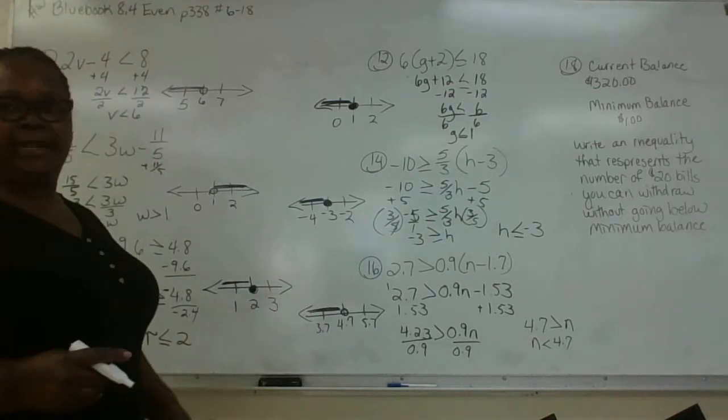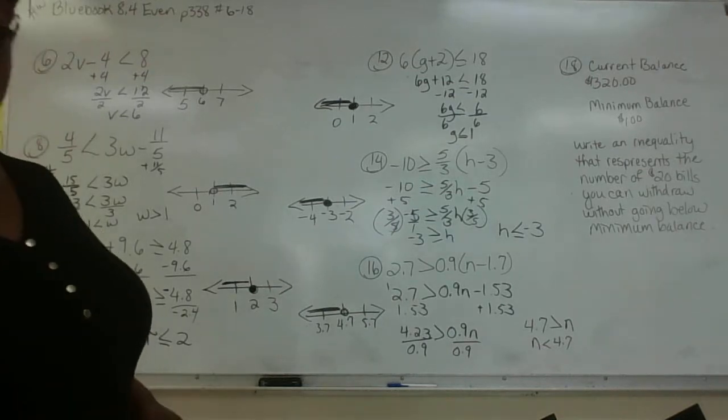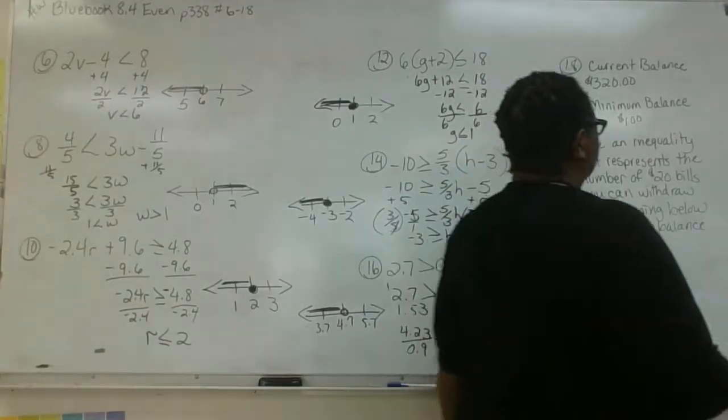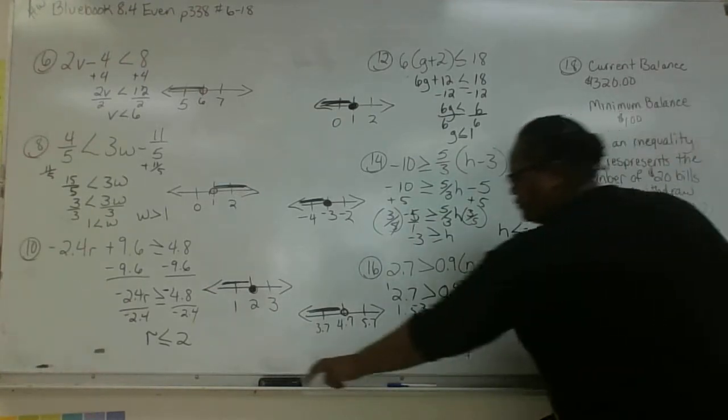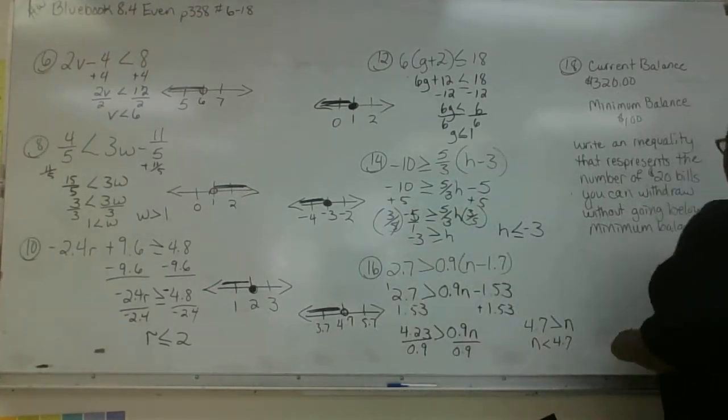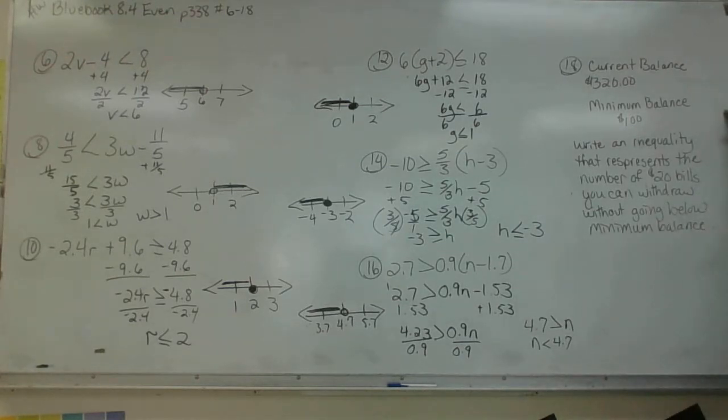Now, let's take a look at our last problem of the day. Our last problem of the day says that we have a current balance of $320 in the bank with a minimum balance of $100. Okay, so it says write an inequality that represents the number of $20 bills you can withdraw without going below the minimum balance. Okay, so in essence, you want to be able to withdraw, which means you want to be able to